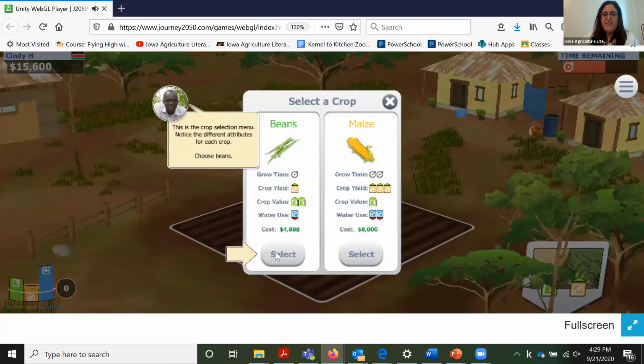So, and then this is really, again, just a kind of a tutorial, so it's telling you exactly what to do. But in the rest of the game, the students can choose which crop they're going to plant. They can compare the tops of the crop, growing time. There's a timer in the upper right-hand corner. So this is kind of like the season changing. They were running out of time to plant their crop. So I'm going to go,